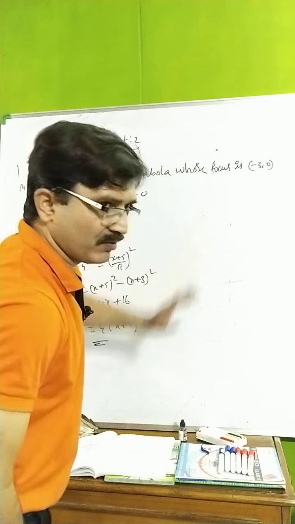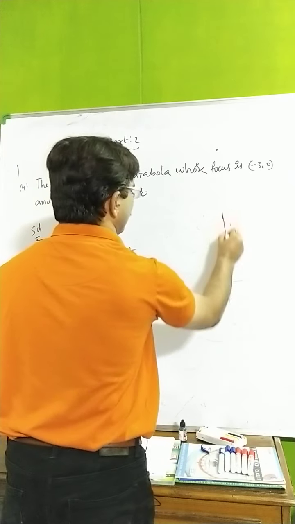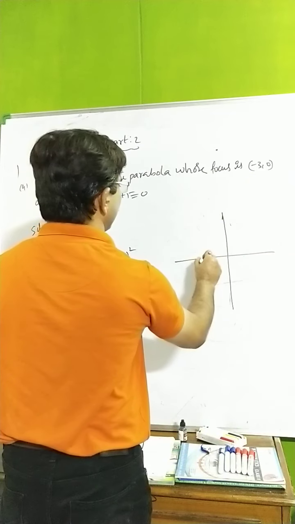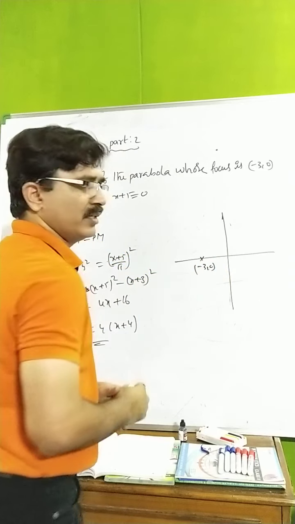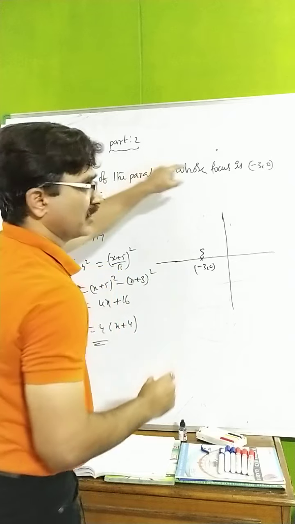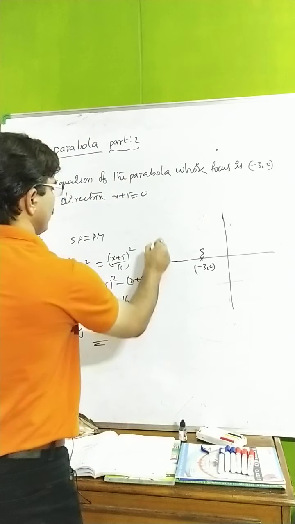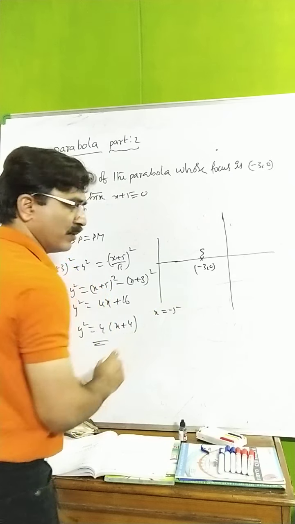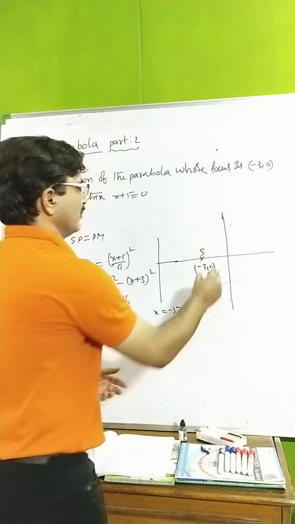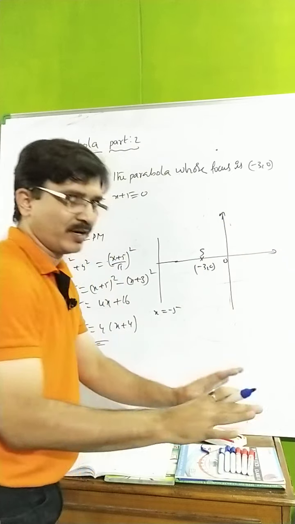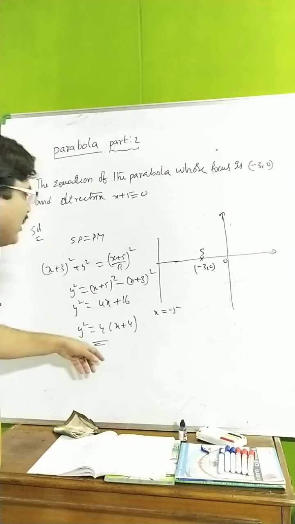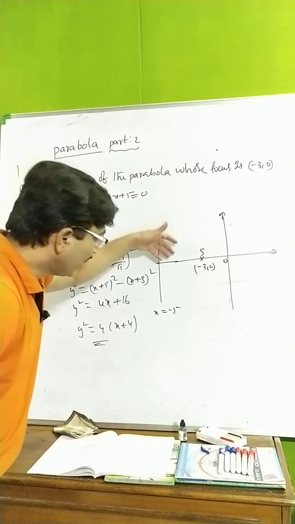But if you try the other way, the first thing is you would like to mark whether it is on the x-axis or y-axis. x-axis, okay, (minus 3, 0), fine. Then you will think about this focus, then you will think about the directrix. What is the directrix now? x is equal to minus 5. First point is, the vertex is not at the origin, something is there for the vertex. So here we are wasting time.